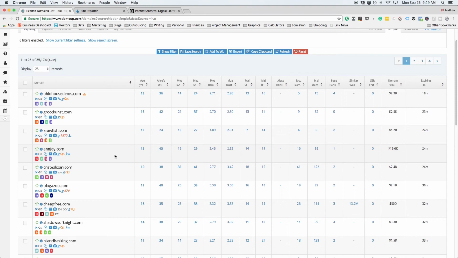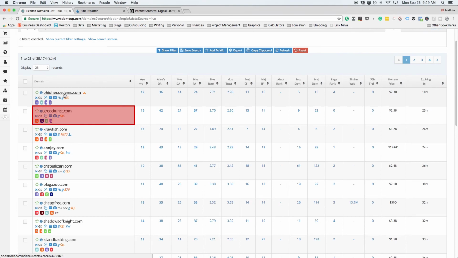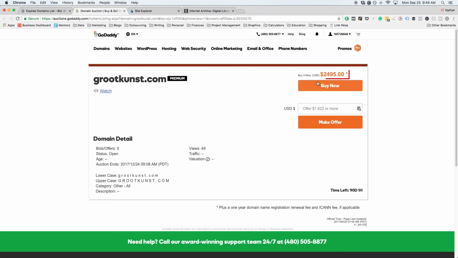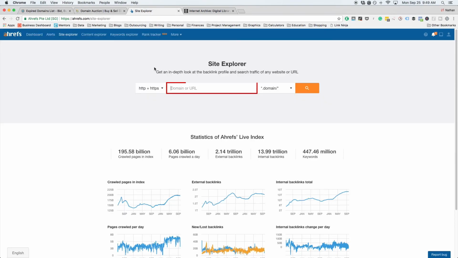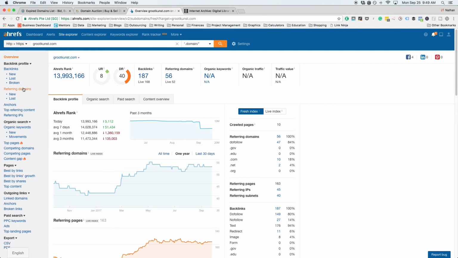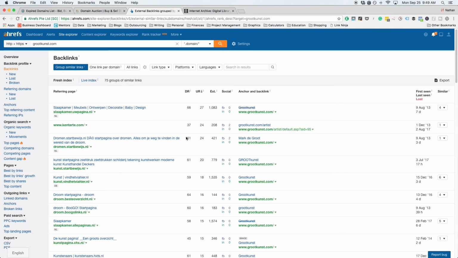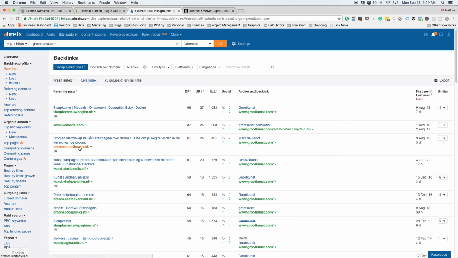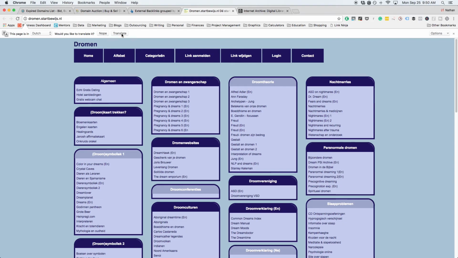So your goal is ultimately to find domains that are not overvalued. So let's take a look at this website here, and we'll determine whether it is overvalued or undervalued. So it is currently at $2,400 for this domain. So now our goal is to see if this domain is actually worth $2,400 in value. So what I'm going to do is take this domain and throw it into Ahrefs and we're going to analyze the link profile. So right away, I can see that this domain is probably using some type of blog network to fuel or grow its authority. So this is definitely a domain that is not worth that price. And so this is one you would want to avoid at all costs.